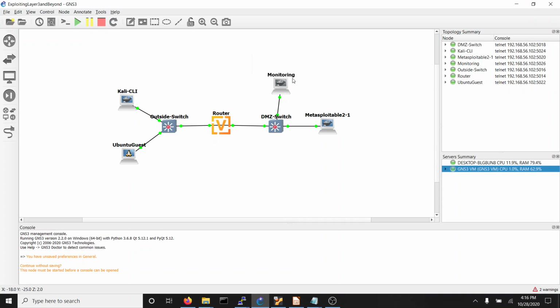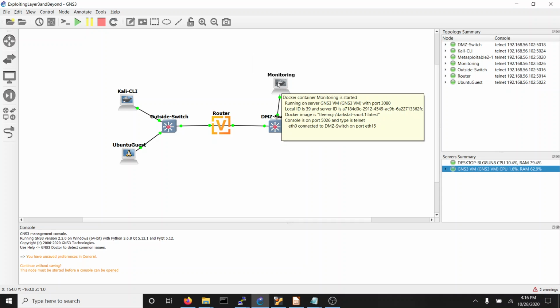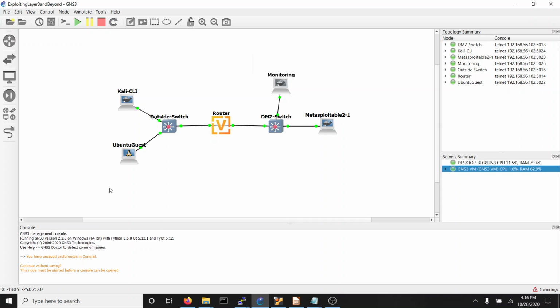Mine is set to where you have to set it up manually. You could actually change that and make it boot up automatically, especially if you built a custom version of that container. Or you could just have a script in there that they need to run. Like I said, at the end, I'm going to talk about a few things that we could do to be able to add more to the cyber range